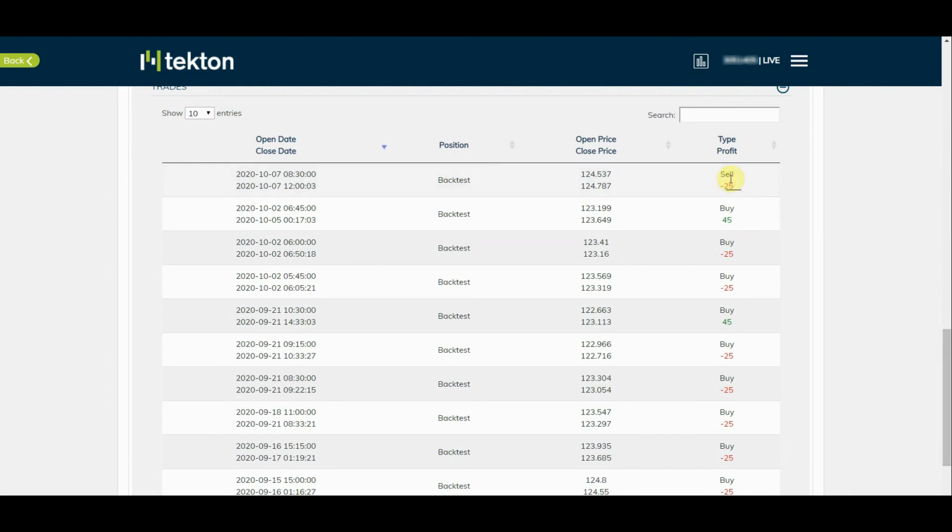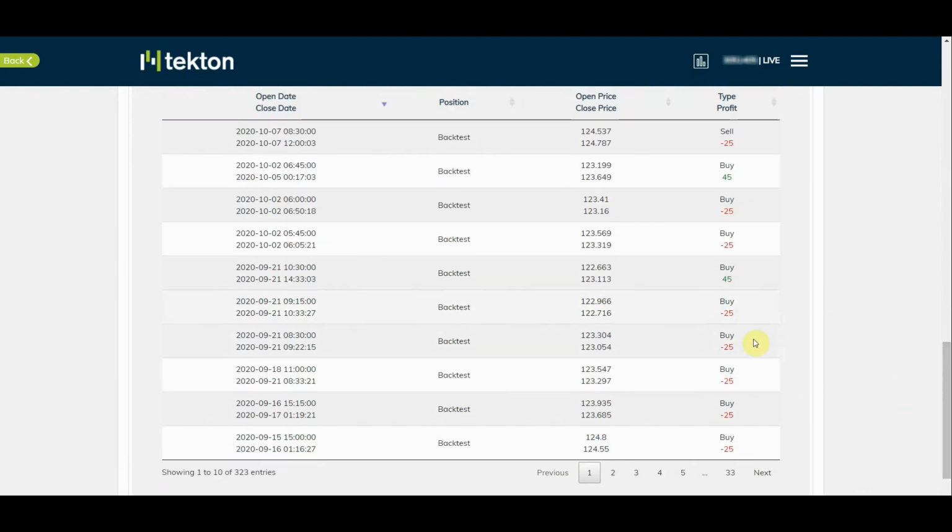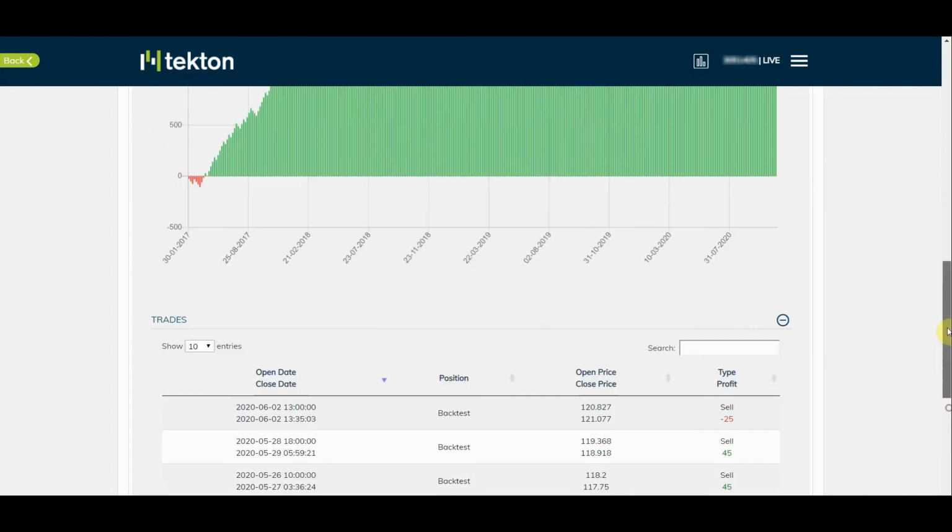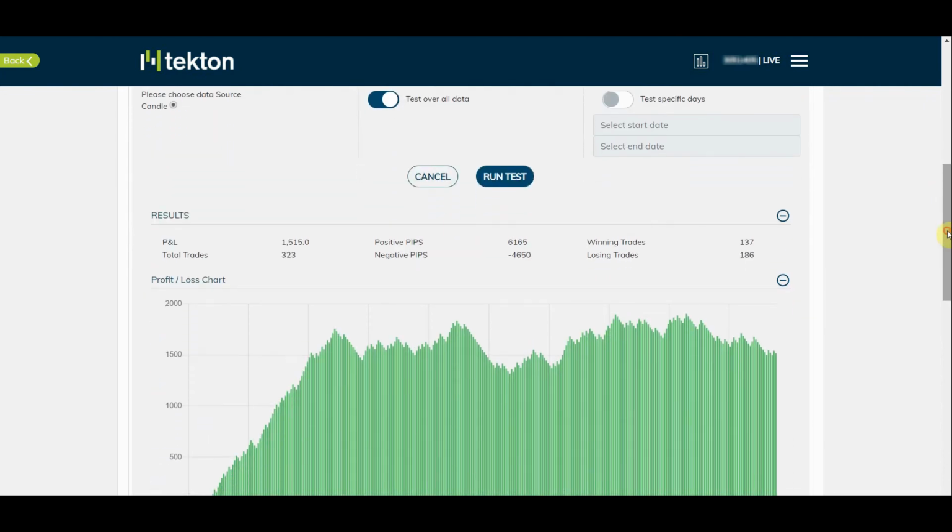As you can see here, every trade that was a loser was 25 pips. Every trade that was a winner was 45 pips. So there you go. If we look at page 2, 3 winners. Page 3, 1, 2, 3, 4 winners. So although the number and the frequency of the losing trades is higher, the winning trades, when they kick in, are much stronger. So guys, I'm going to just summarize now in a moment, but before I do,